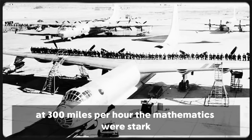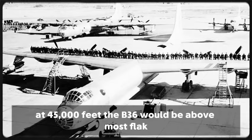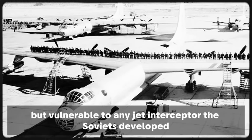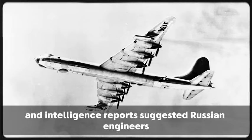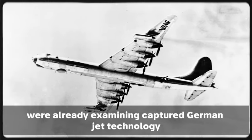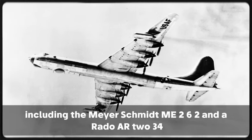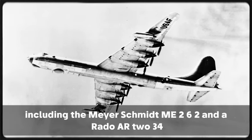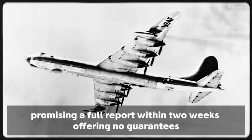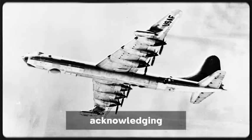The mathematics were stark. At 45,000 feet, the B-36 would be above most flak, but vulnerable to any jet interceptor the Soviets developed, and intelligence reports suggested Russian engineers were already examining captured German jet technology, including the Messerschmitt Me-262 and Arado Ar-234. The meeting concluded with O'Brien promising a full report within 2 weeks, offering no guarantees,